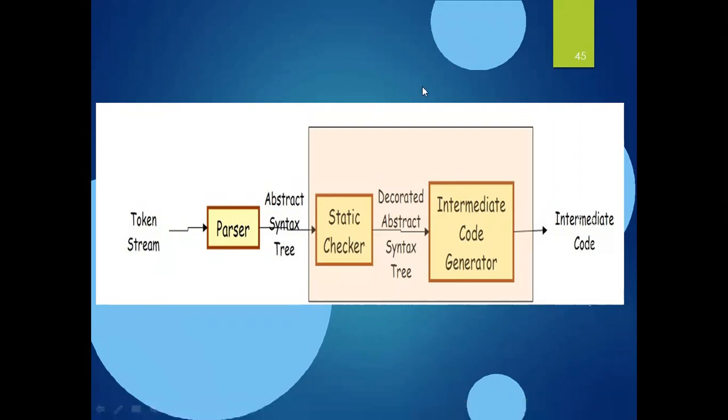decorated abstract syntax tree. Decorated in the sense that we modified something there, rectified any type of error, or made any type of update. So we named it a decorated abstract syntax tree. And then it acts as an input to the intermediate code generator. Intermediate code generation and the remaining work is for the rest of the compiler.